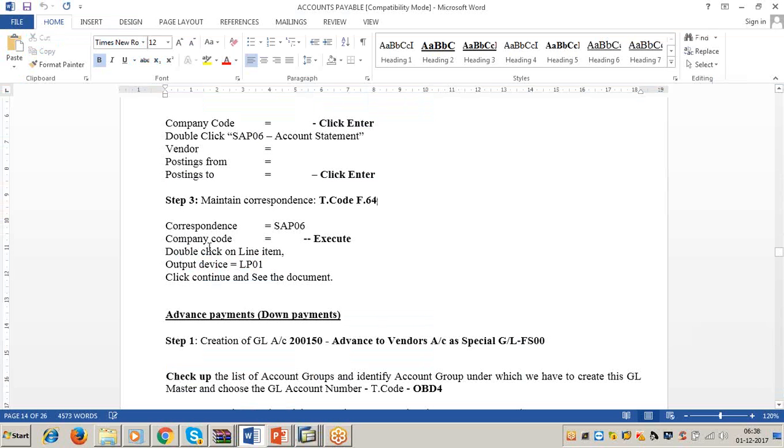Clear, Srinivas? Yes, sir, clear. But how do you know I have made an overpayment, an extra payment? No, because there are payment documents and there are no invoices. Yeah, right, sir. That's why the assumption is you have done excess payment.